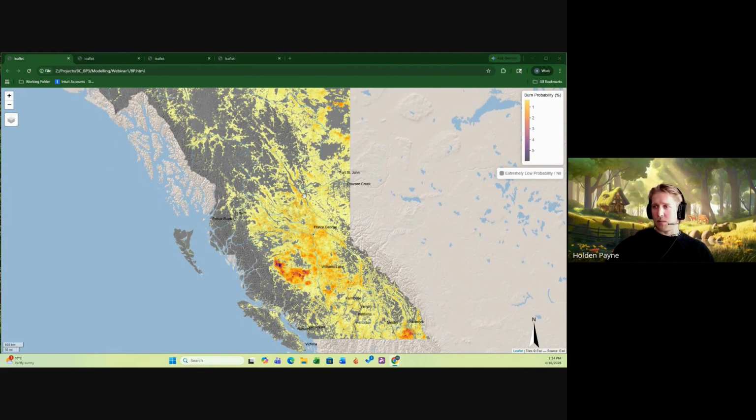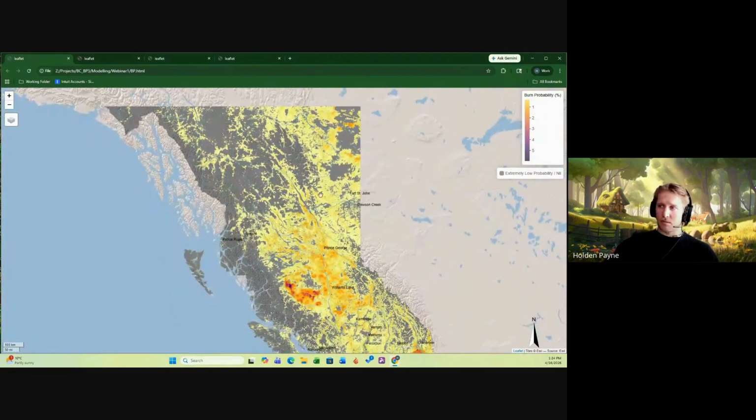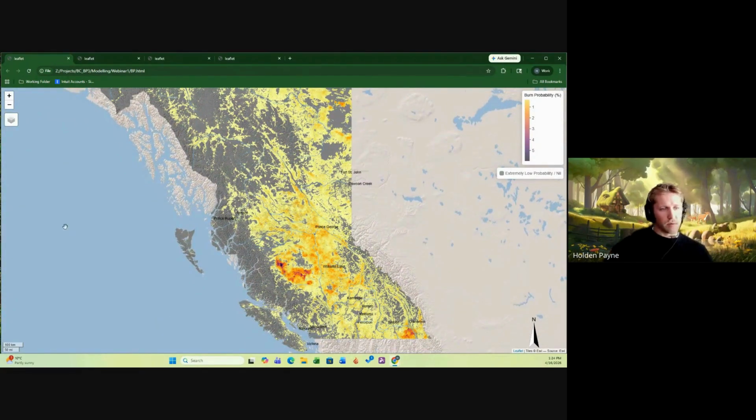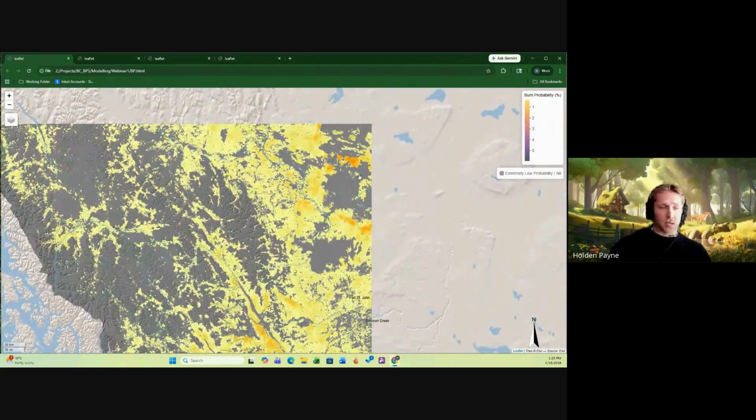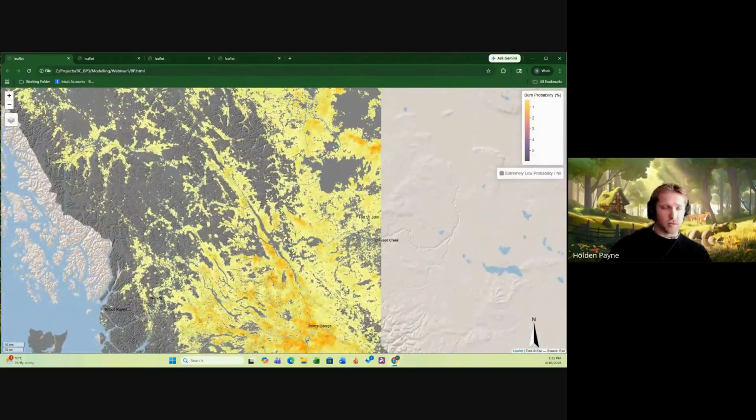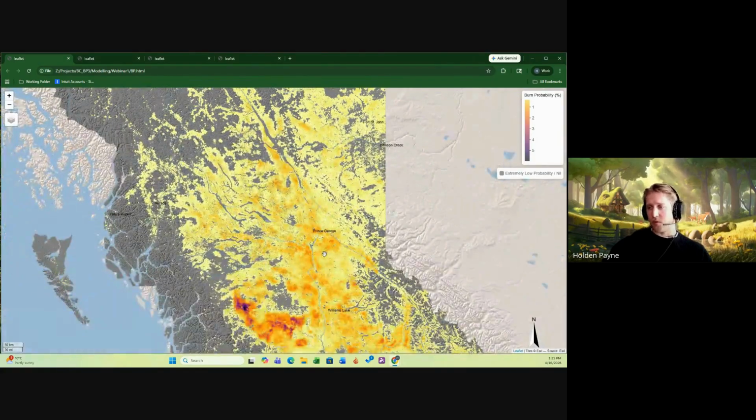This image right here is showing you the relative value of burn probability for BC. It's scaled to our maximum here. We think that's the cleanest way to show it. It could be interpreted as the annual probability of fire in any given year, because we ran a bunch of what we understand to be appropriate fire seasons. A value of 6% means you may have a 6% relative probability of fire here compared to other places. You could also think of it in terms of fire return intervals. A 5% annual probability of fire would mean one fire every 20 years, which is pretty frequent. That means pretty frequent return intervals for fire.